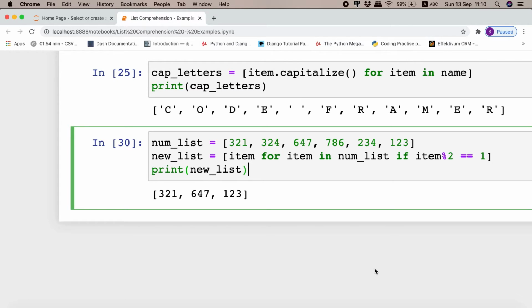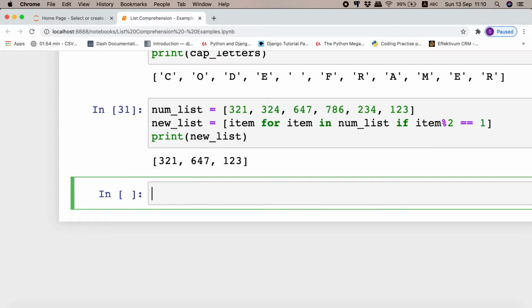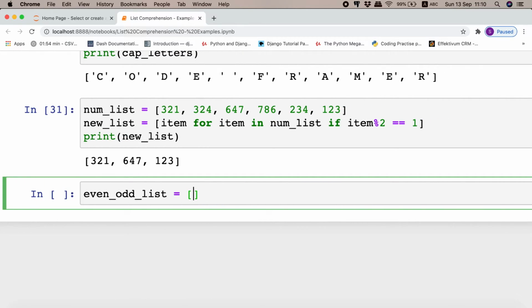Now let us have a look at how we can use an if-else statement inside a list comprehension. Let us take the same list, which is number_list. If we want to write whether the items of the list are even or odd, then we can write even_odd_list equals square brackets. First we need to write 'even' in single quotes, then if item % 2 equals 0, else 'odd' in single quotes. So as you can see, we have written an if-else statement in a single line of